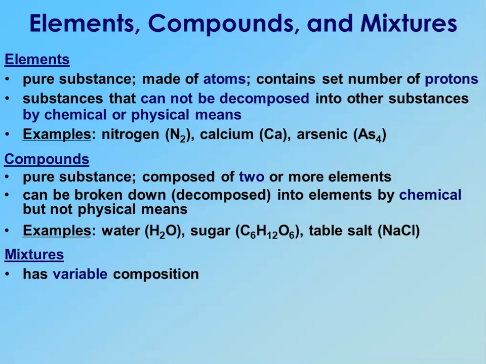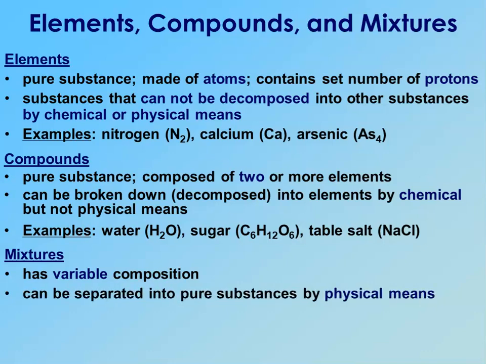Finally, with mixtures, what makes elements and compounds considered to be pure substances as opposed to mixtures is that no matter what part of the sample you take for that element or for that compound, it is going to have the same composition. Mixtures, however, that is not necessarily the case. It is rarely the case, actually. They have variable composition because they are made of two or more pure substances, and they can be separated by